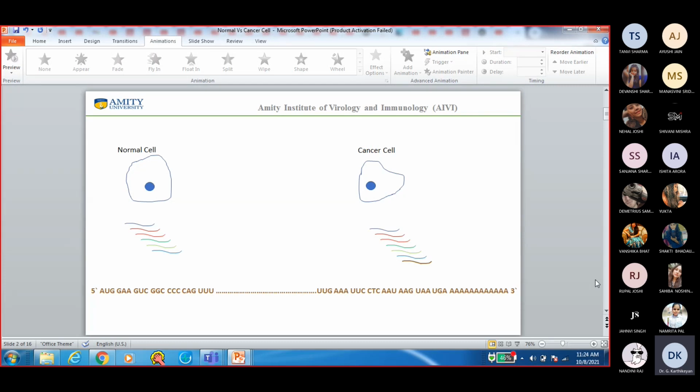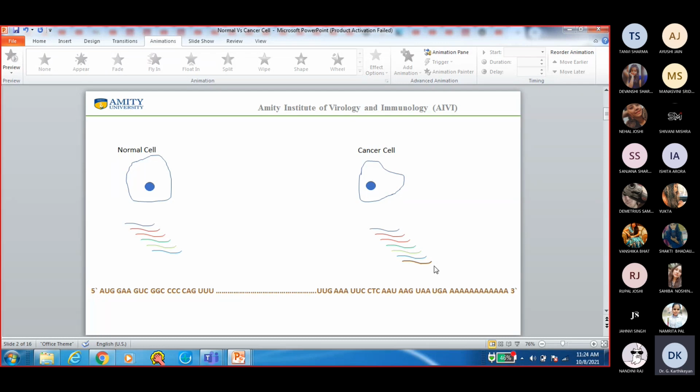Yes, sir. Okay, so you have a normal cell and you have a cancer cell. If you look at it, the nucleus is the same, right? This has 46 chromosomes. The cancer cell also has 46 chromosomes from either parent, right? The normal cell has transcribed and made certain messenger RNAs. A cancer cell also has transcribed and made certain messenger RNAs. What you see as the difference between a normal cell and a cancer cell is the presence of this particular messenger RNA. The cancer cell is producing one extra messenger RNA.